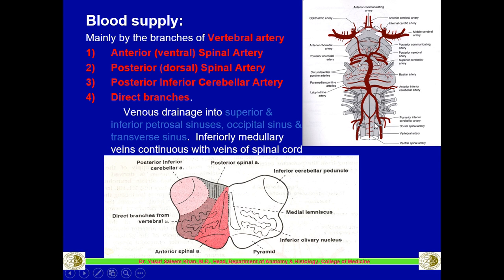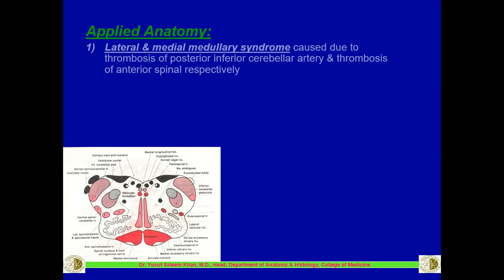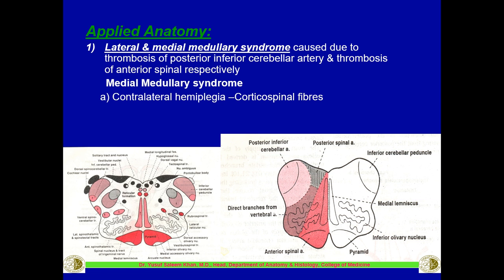If you can appreciate, once again, these are the anterior spinal arteries, and here is the posterior inferior cerebellar artery. So if there is thrombosis of the ventral or the anterior spinal artery, then it is called anterior medullary syndrome. If there is blockage or thrombosis of the posterior inferior cerebellar artery, then it is called the lateral medullary syndrome. Now discussing the medial medullary syndrome, you should know this medial medullary syndrome is formed by the